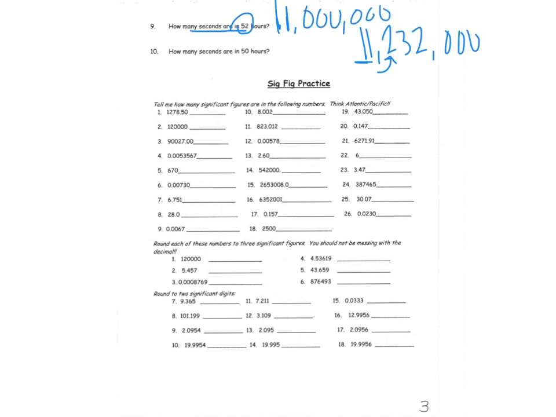Okay. Now, how many seconds are there in 50 hours? Ooh, that's tricky. Okay, so the decimal is absent, so we're on this side, and we are going that way, and we don't count that 0. So in 50 hours, there is only 1 significant figure. So I look at this guy, and I look to the right, and we're not going to round that. So that is actually 10 million